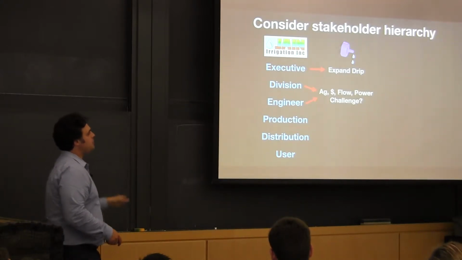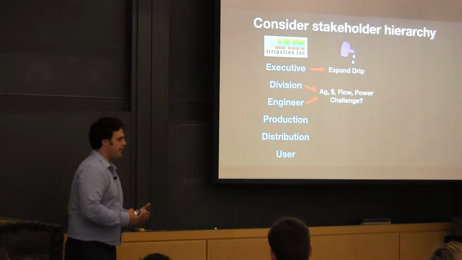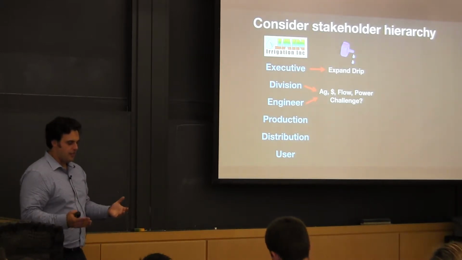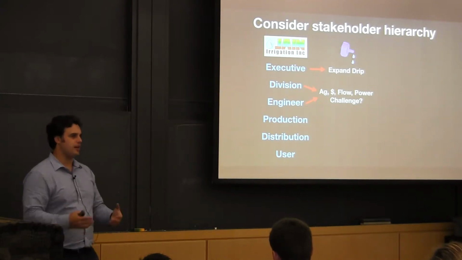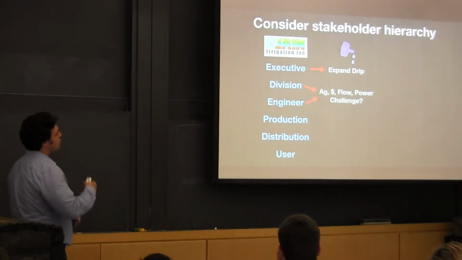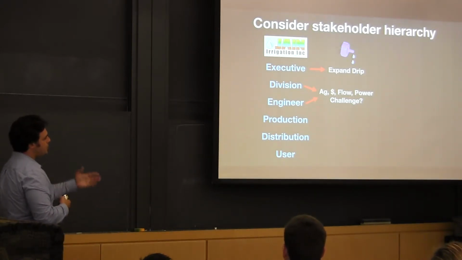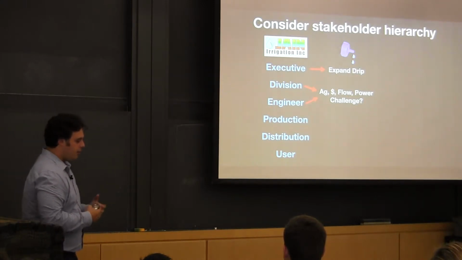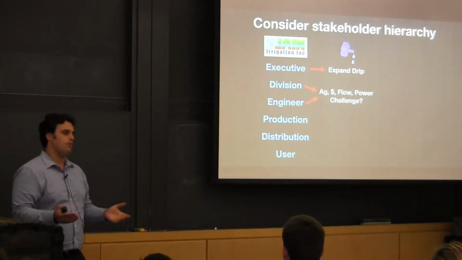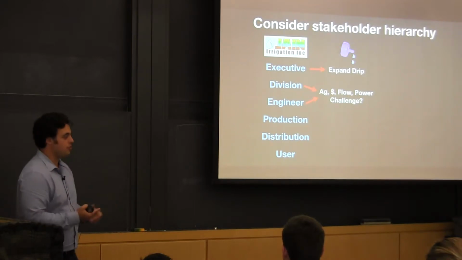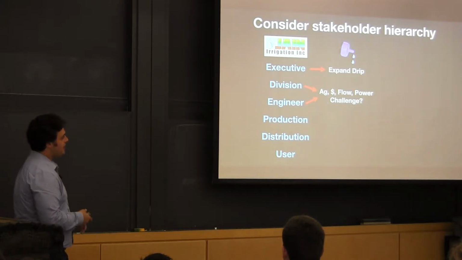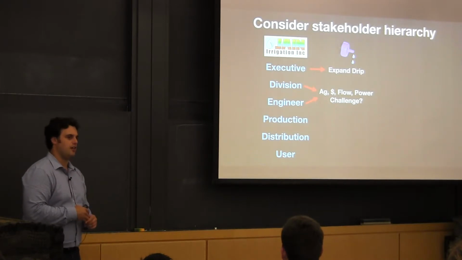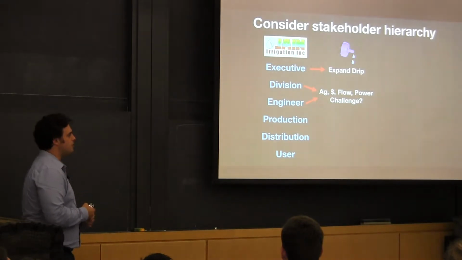That's all great, right? And what I had to do when I started engaging with this company is, I knew from the executives, okay, you want to expand drip, where are there new markets? Where are there gaps? Where could we fill in? So talking with the division managers, the agronomists, I asked, could we irrigate with less water? Is that possible? Maybe we can reduce energy use, reduce water consumption by just making the system more efficient. And the agronomist said, no, you can't really do it. Our systems are already 85% or 95% efficient. So not a real opportunity there.